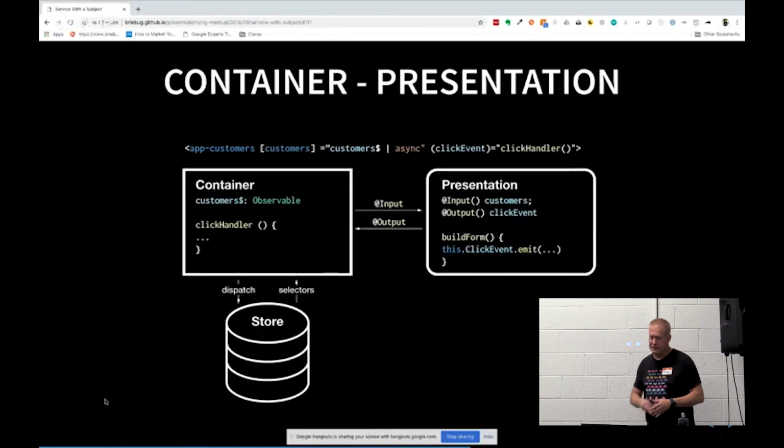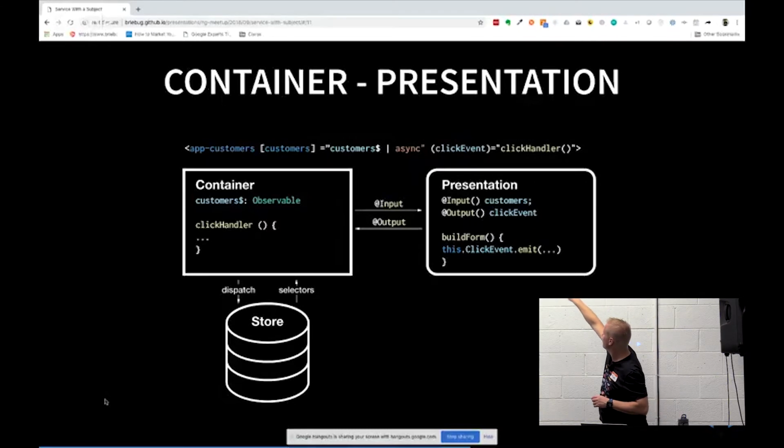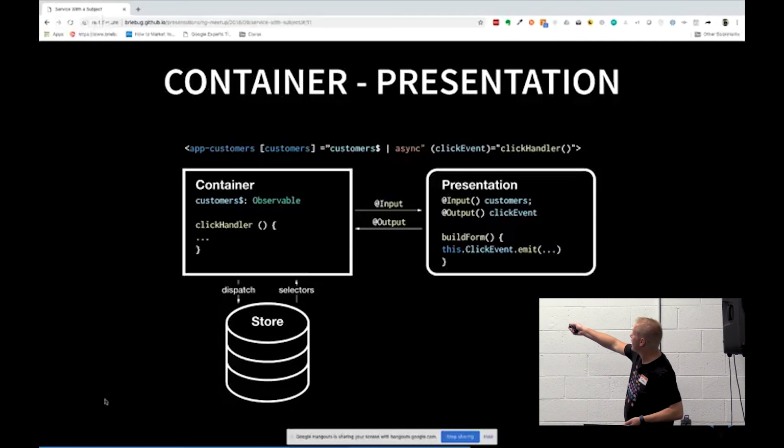So let's talk a little bit more and see a visual here on Container Presenter. You might be able to see up the top there, it says app-customers. You all see that? And then I've got my square brackets around customers. So I'm setting over here on my presentation, it's got an input for customers. So I'm creating the app-customers presentation object from within my container, and I'm passing it customers$. I like to have the suffix of a $ sign on any observables that I have. That way I know that this is a stream and it's not just a standard old variable. This will become more important to you later when you start doing more advanced form stuff. But you can see there, I'm using the async pipe.